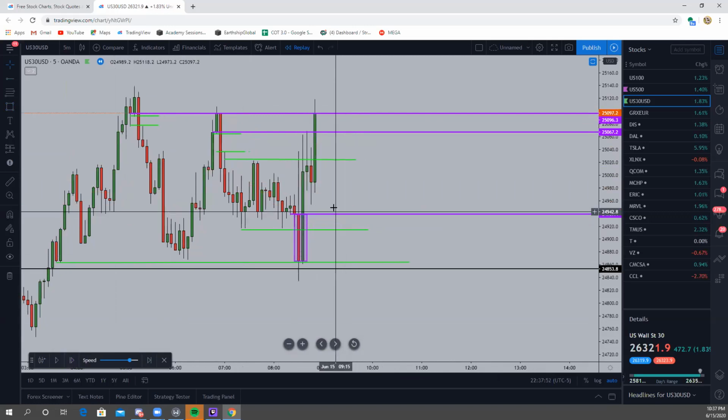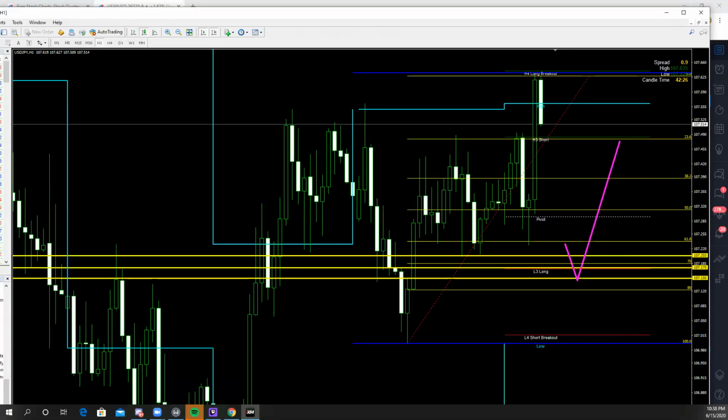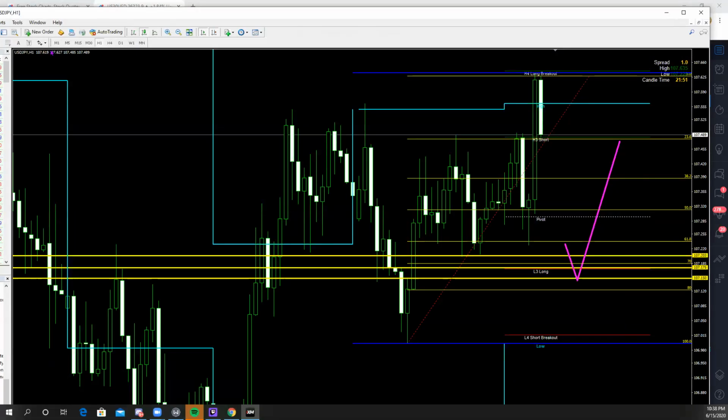All right. So you see how it misses this? If you're using Prosperity, which I could bring it back up over here actually, it actually did hit the buy entry. And that's what's going to be kind of annoying. Every liquidity provider is going to be different. So this is Oanda's feed. If we go look at US30,